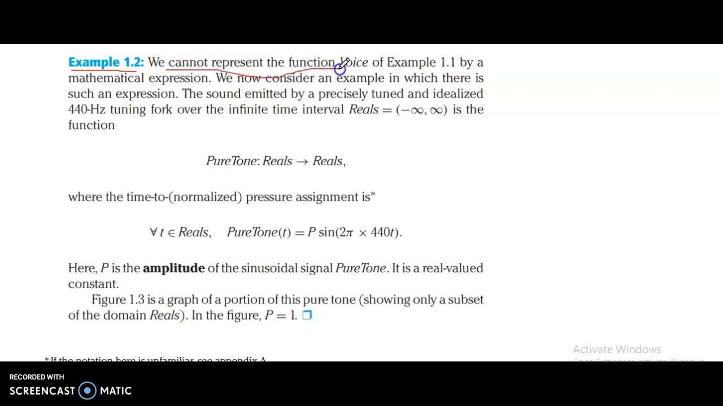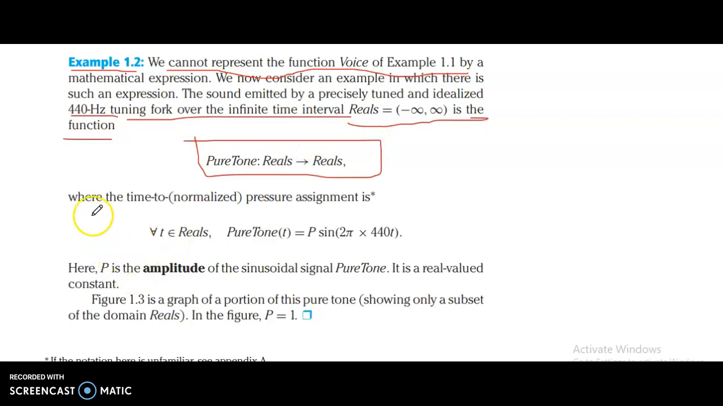We can't represent the function wise of example 1.1 by a mathematical expression. We now consider an example in which there is such an expression. The sound emitted by a precisely tuned and idealized 440 Hz tuning fork over the infinite time interval, reals equal to minus infinity to plus infinity, is the function PureTone: Reals to Reals, where time to normalized pressure is assigned,